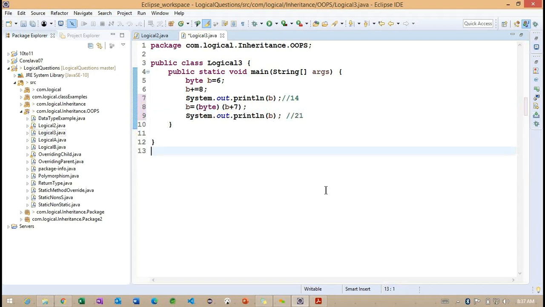If I remove this conversion, we get an error. Why? Now you can see the type mismatch: cannot convert from int to byte.